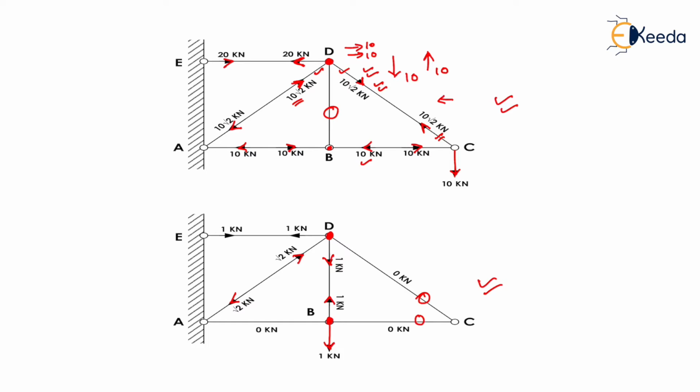Now there will be no horizontal force at joint B, so the total force in member AB will be equal to 0. Now to maintain the horizontal equilibrium of joint D, we need to create a 1 kN force here like this, because due to this inclined component, 1 kN force will be going like this. To maintain the horizontal equilibrium of joint D, we need to create a force in this direction. Now to maintain the equilibrium of member ED, we need to create a force like this. In this way we have determined the P value as well as the K value. Now we will be able to solve this question and determine the deflection of joint B.